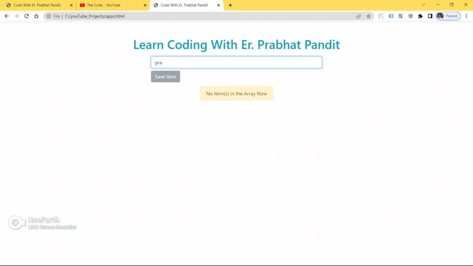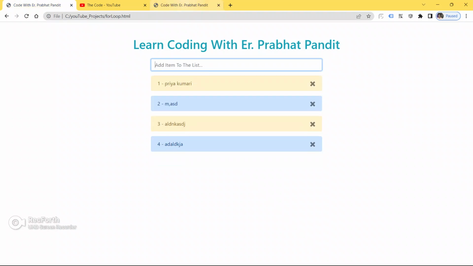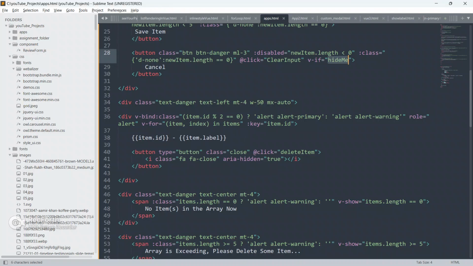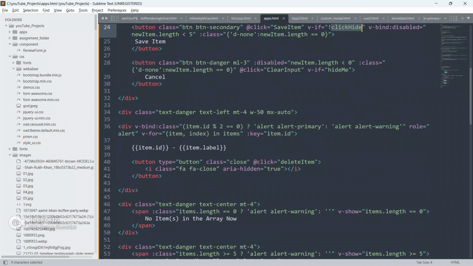Save your code, go to the browser and refresh your page. Still not working. Click hide, button, class.